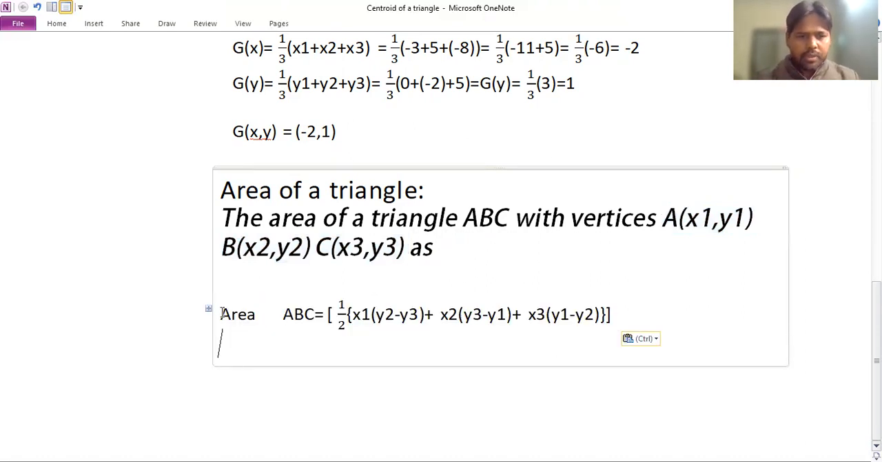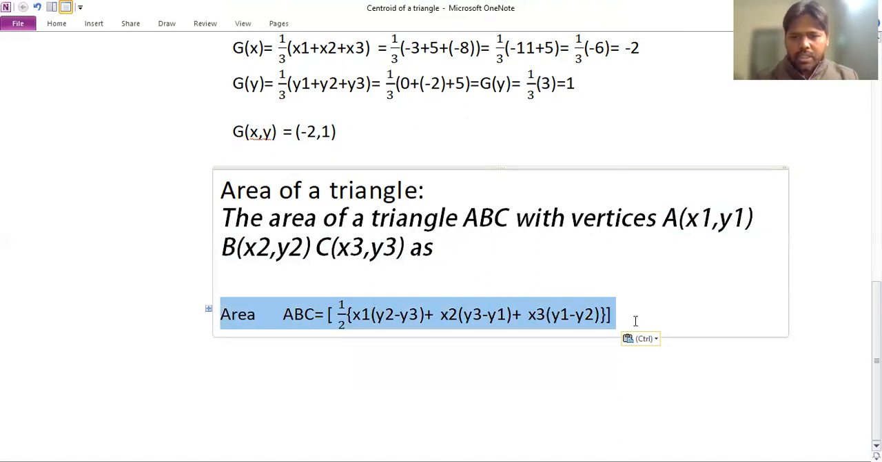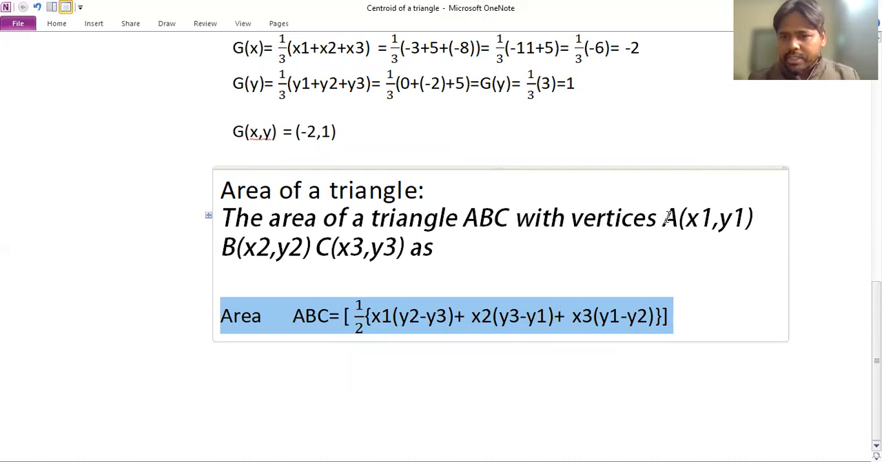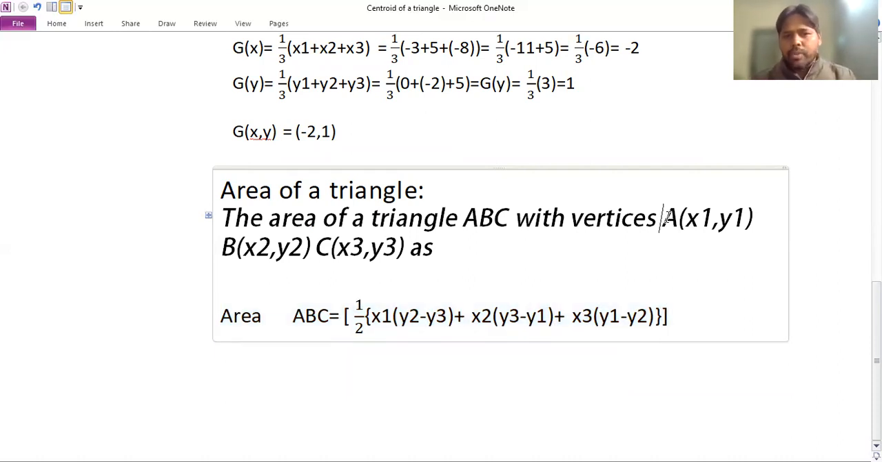So this is the formula for the calculation of the area of the triangle, where we are taking the vertices A, B, C respectively as (x1, y1), (x2, y2) and (x3, y3). Now the area of the triangle ABC